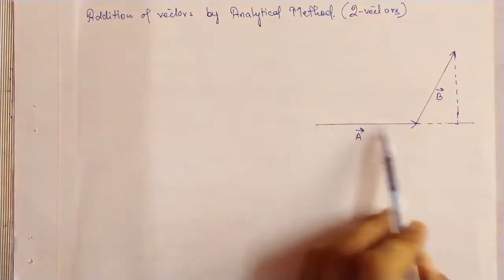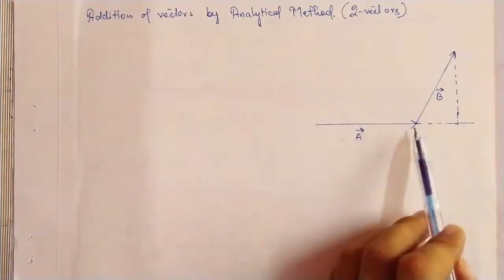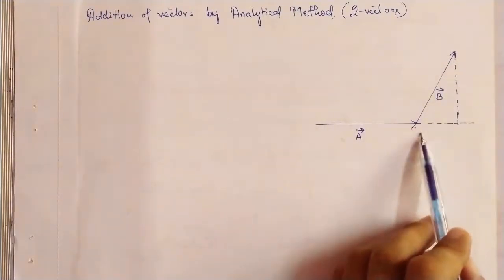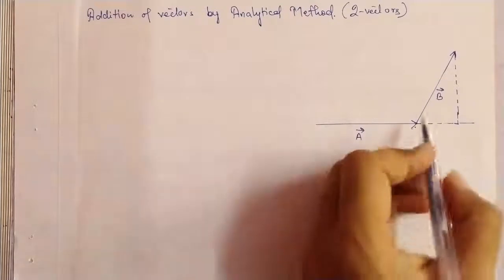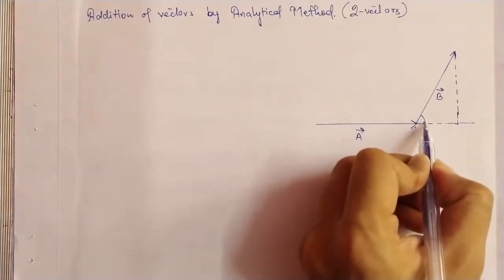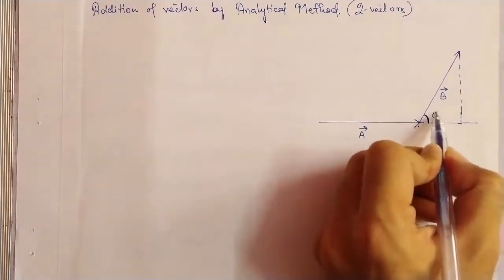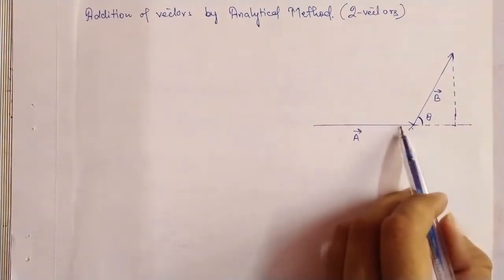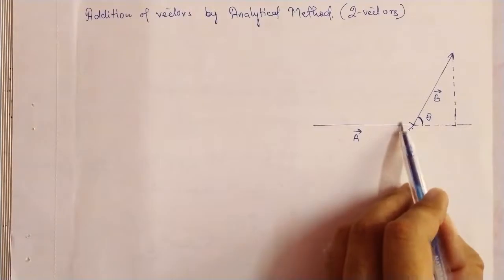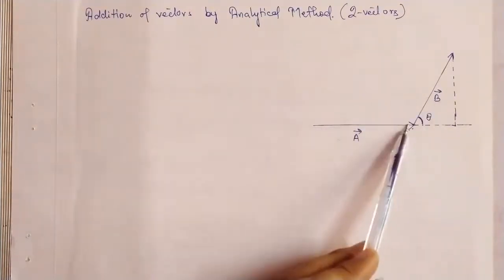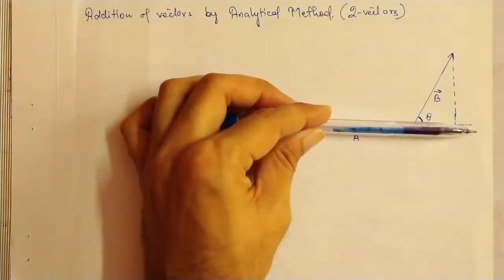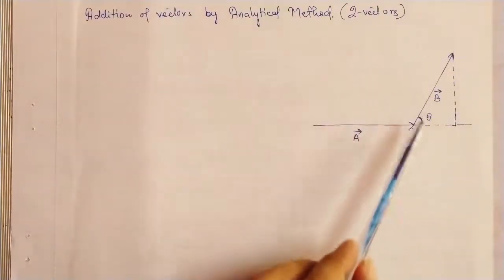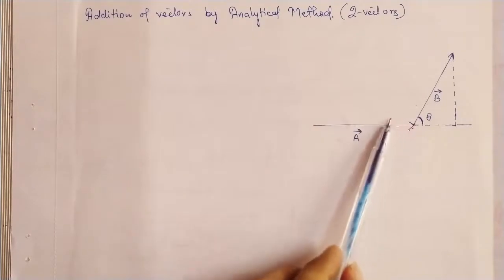Okay, so I am taking vector a, let's call this vector a, this is our vector b, and I have connected it end to tail. Then we take the angle between the two vectors as theta. So I am extending this line and taking theta. Do not confuse and take the angle theta on this side. Why? Because whenever we take an angle, we first draw the x-axis and then we take the angle from that side, that is anti-clockwise. So do not take the angle at this side.